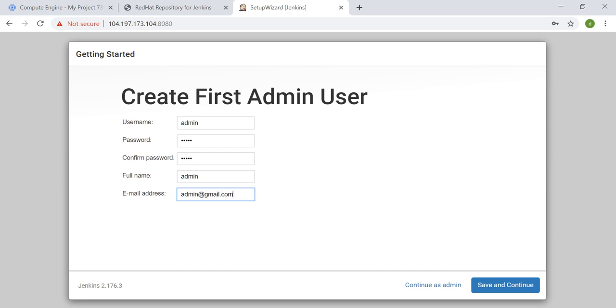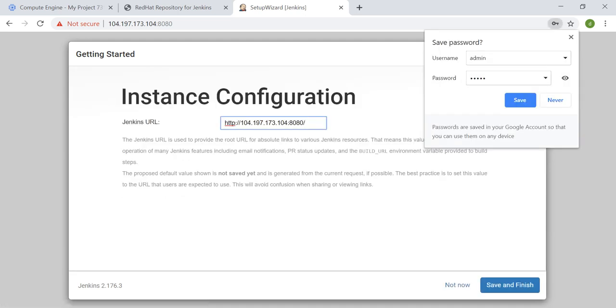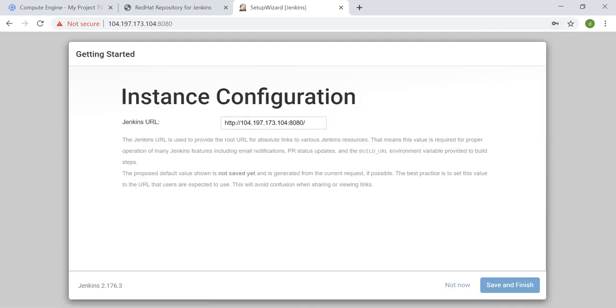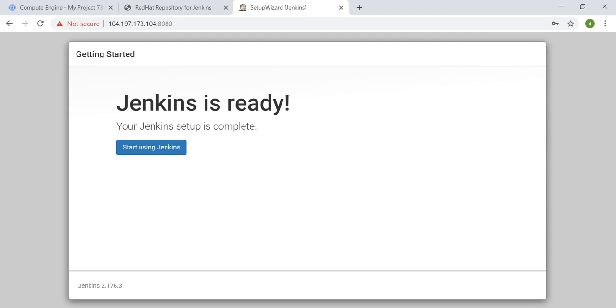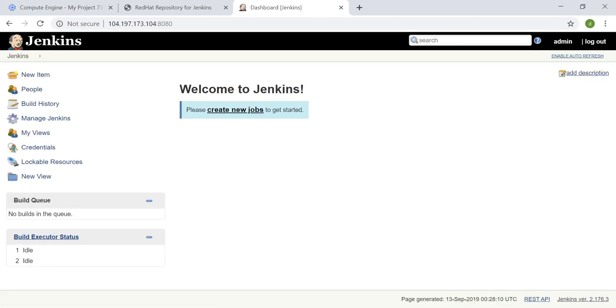So I have given some credentials. Save and continue. Again save and finish. So it says Jenkins is ready. Start using Jenkins. Click on start using Jenkins. So you can see this is the dashboard of your Jenkins and the welcome page of your Jenkins. Now we can create the jobs and create the delivery pipeline in Jenkins.